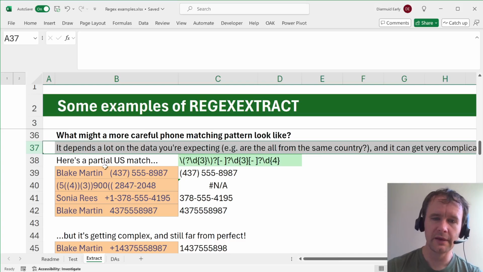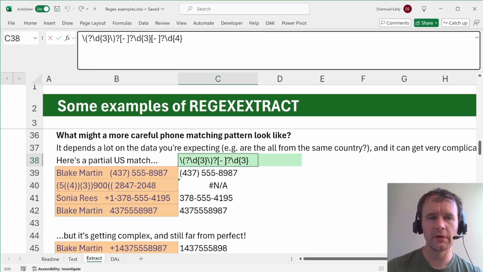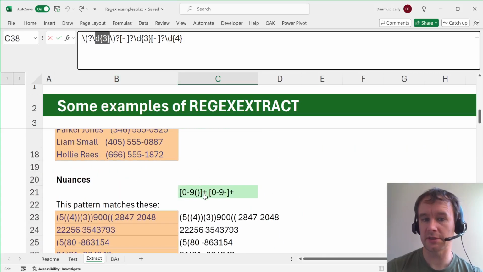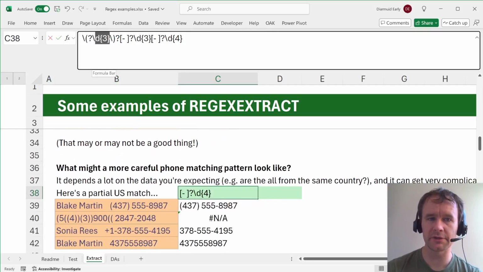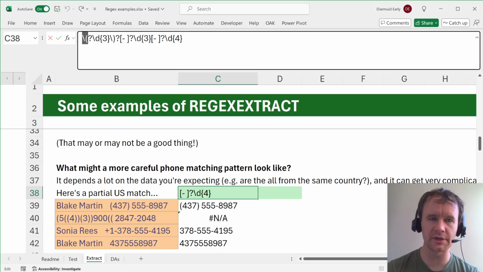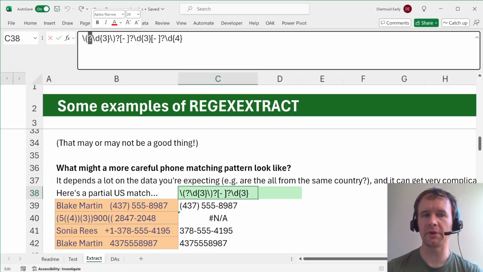That is definitely true. So here's a slightly different one for a US number. The main thing we're leaning on is, rather than just the plus here that means some number of digits, we're restricting the number of digits. So here we're saying there has to be a block of 3 digits, a block of 3 digits, and a block of 4 digits, but we're offering a little more flexibility about what comes in between. The backslash parenthesis is escaping, so it's not treated as a special character. The question mark makes it optional.